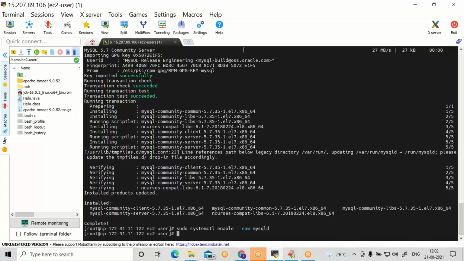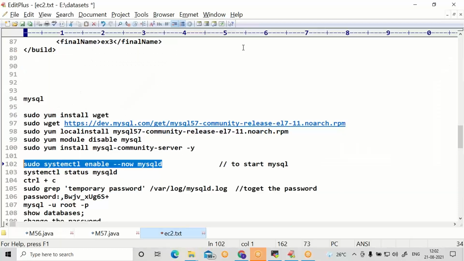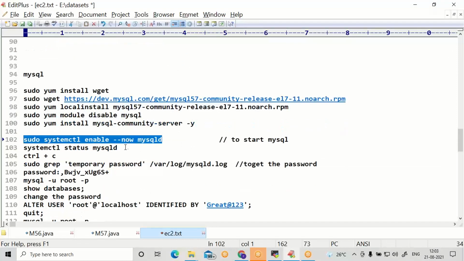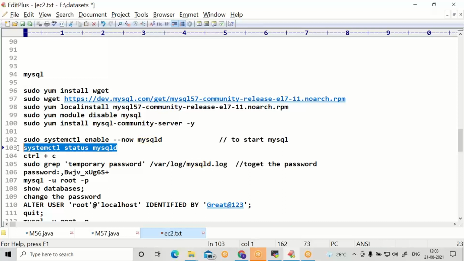MySQL server started. How to know whether MySQL server started or not? For that purpose, you can just go for status.